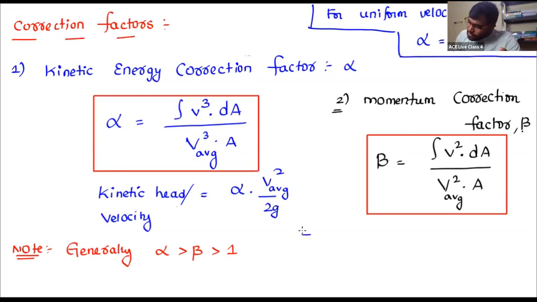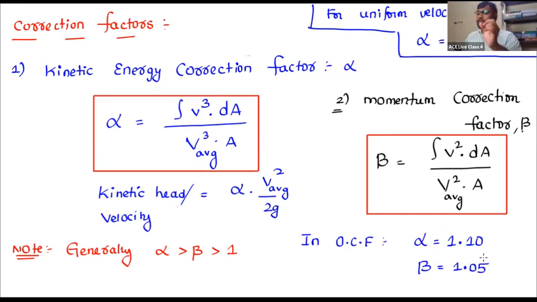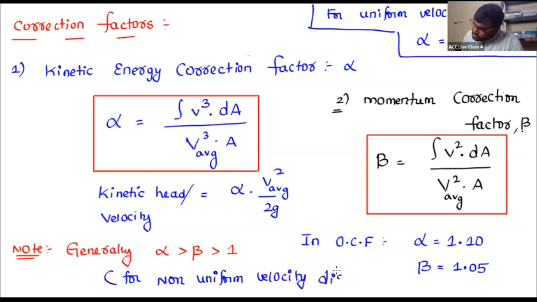And in open channel flow, generally the alpha value is going to be 1.10 and beta is in the range of 1.05. So if the velocity distribution is going to be uniform, then alpha and beta both are equal to 1. But this is for a non-uniform velocity distribution,